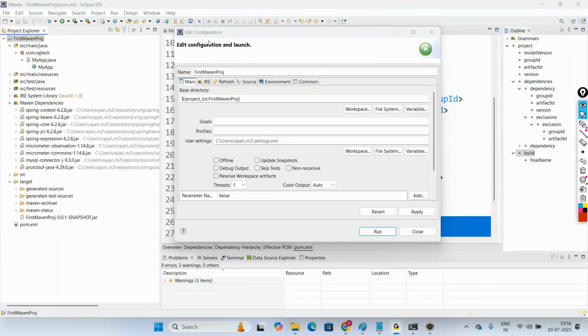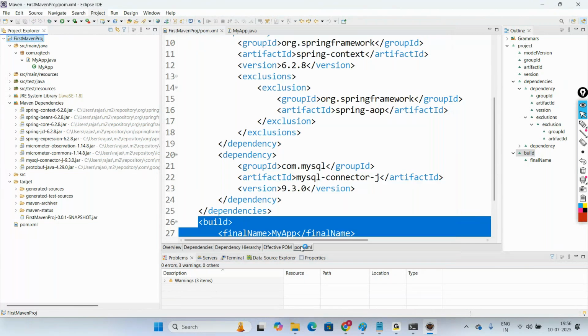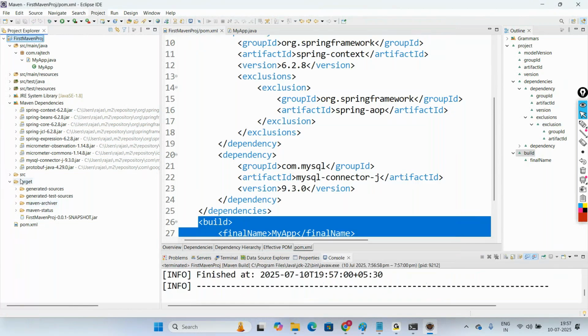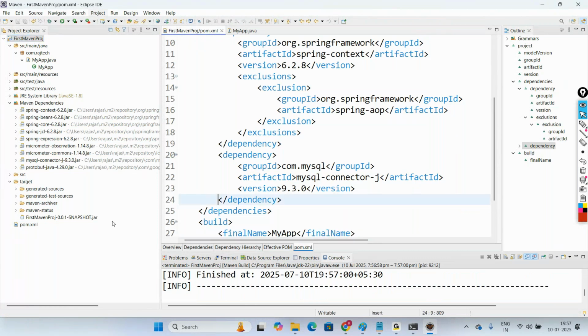And here you can provide the goals, like clean package. Here we can provide the goals. So apply and you can run here. That's it. Okay. The target folder will be deleted and recreated. Then